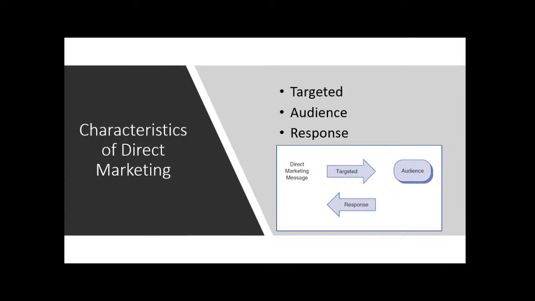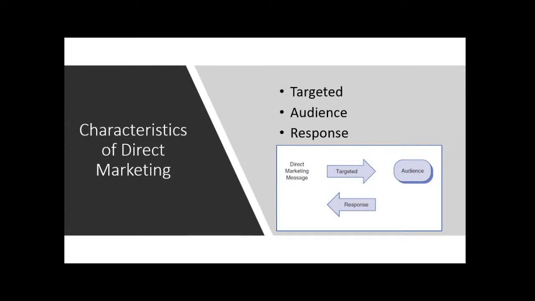When a direct marketing message is created, it's targeted at a specific group. The reason why we have the database is because if we want to send a message to people about a fundraising golf tournament that we're going to have, we want to target that message to people who have participated in the golf tournament in the past. Maybe their hobby is golf, or maybe they have a general interest in sports. As the nonprofit marketer, you would have to make the decision of how wide you want your audience to be. And we'll get into this, but sometimes the messages cost money, and so we want to take that into consideration. Sometimes there's other costs, like donor fatigue.